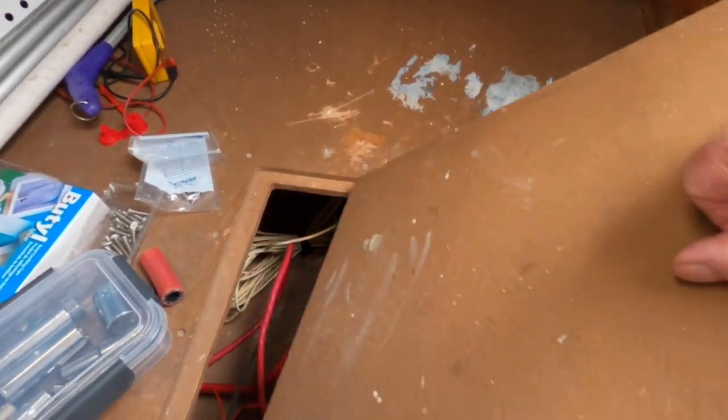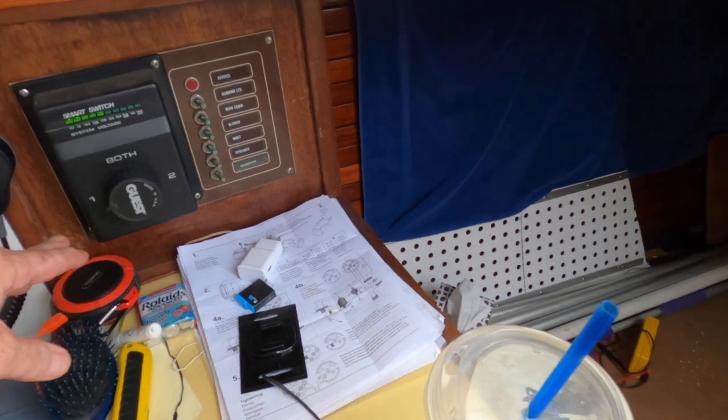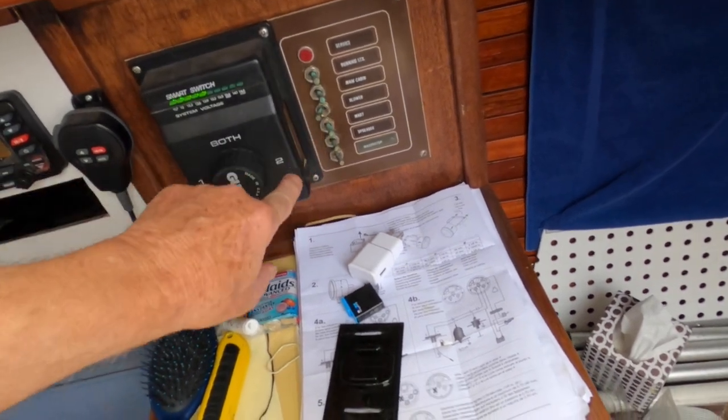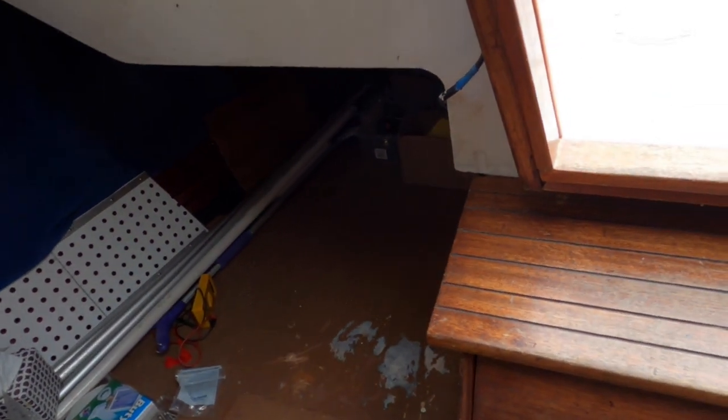So that also helped the performance of everything when I replaced those batteries. They were 2017 vintage. So, okay, we're on number 1 here. Everything's powered up, ready to go. I turn on the blower, which blows any fumes or whatever out of the engine compartment, and it exits out the transom, the back of the